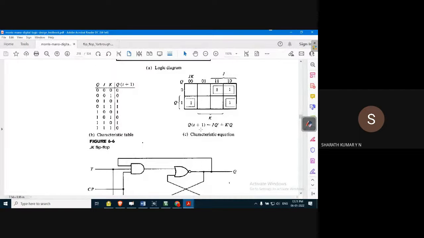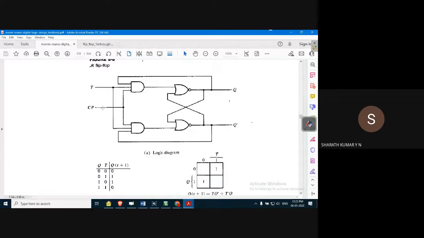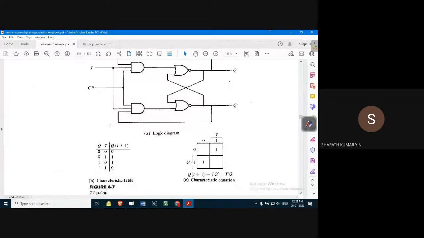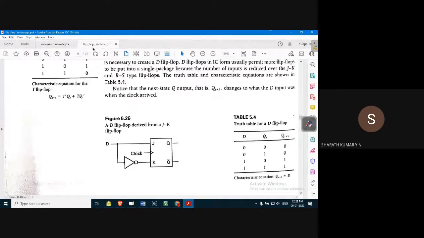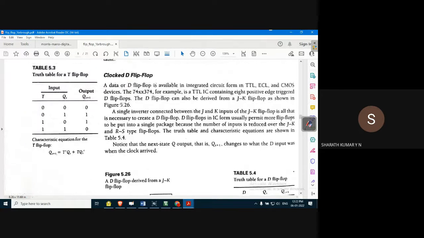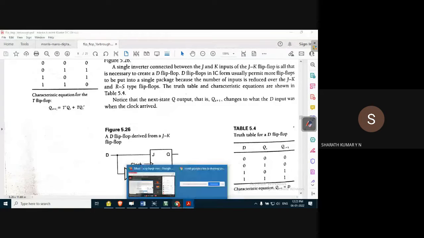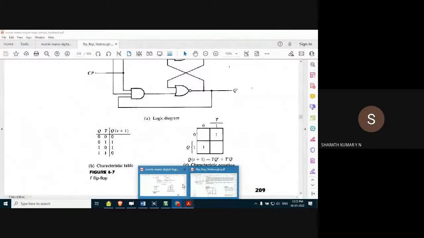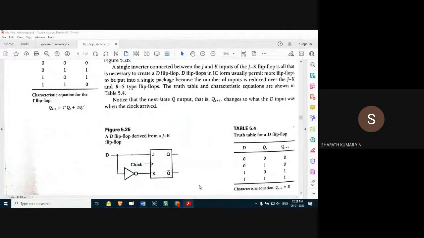So how to derive the equation, we also saw in the last class: T flip-flop using JK flip-flop. In this textbook, Morris Mano, the symbol is not given. That's why I prefer this. I'll be referring to both. In this ER Pro, the logic symbol is given, because the logic symbol is especially useful whenever you are working with the hardware or the simulation. Otherwise, we'll know the theory, but we don't know how it looks logically, symbol wise.